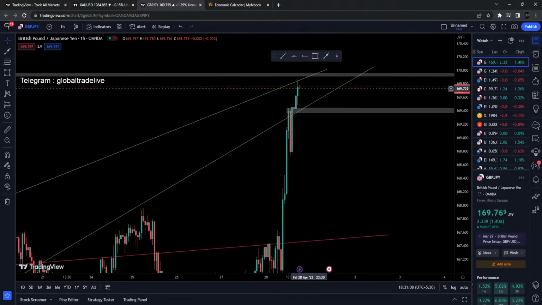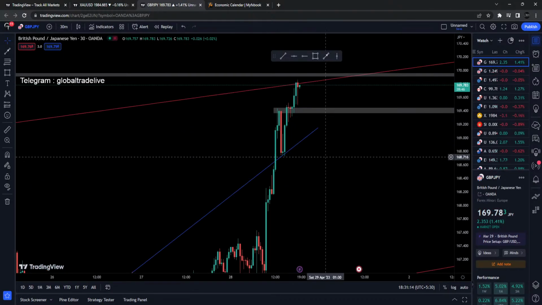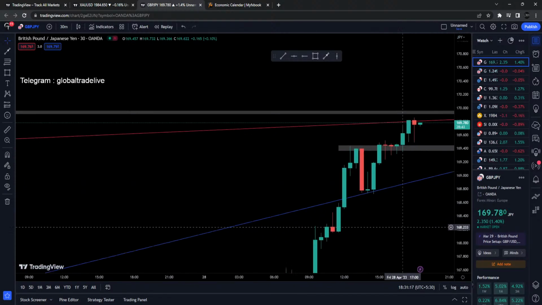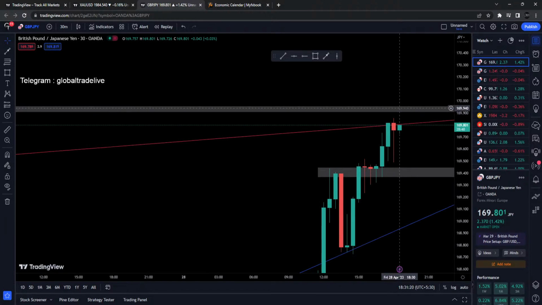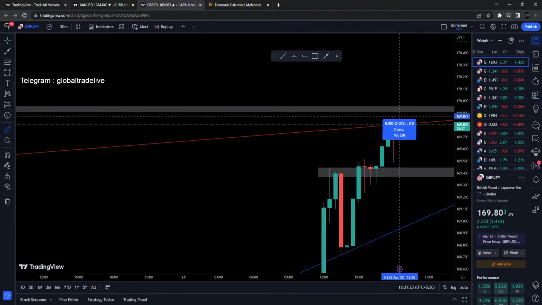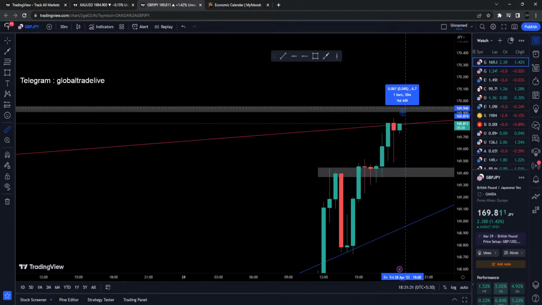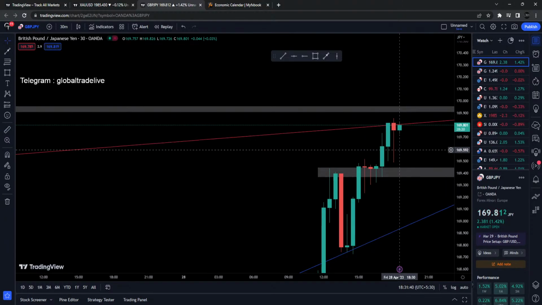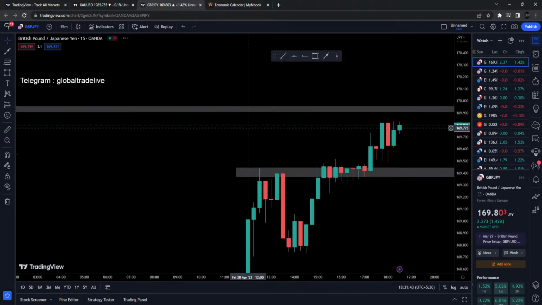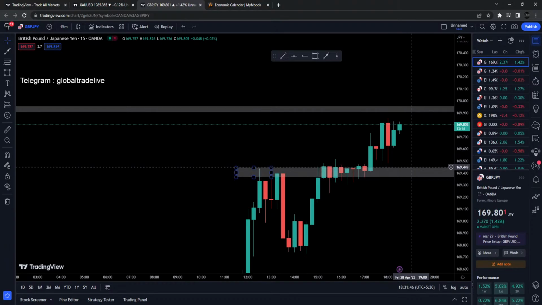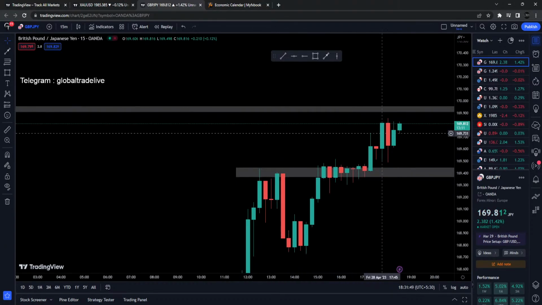Because the market can possibly now start to move inside this channel as well. So I'm just gonna wait for some good setup over here, because I can take a buy once this candle breaks the high. But what's gonna happen after that? It can possibly reject suddenly and move down, or it can possibly reject this area over here at 169,940 by moving in like 6-7 pips, and then it can reject. So I think it's better to wait, and after that we will see how we can take action over here.